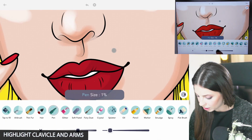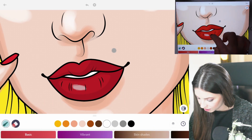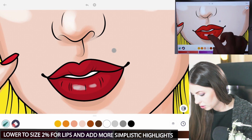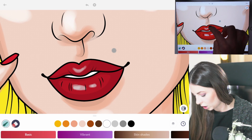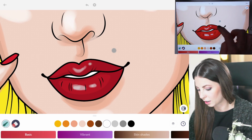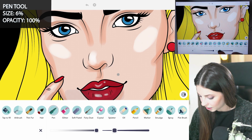For the lips, let's lower it down to like size 2. Just add a little circle there, a big circle next to a little circle, and then just kind of highlight the curve of the lips. You can add a little dot right there. Now let's set the opacity all the way to 100 and the size at 6, and then we'll do the